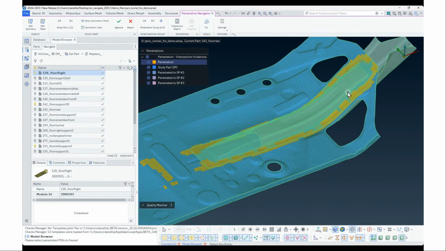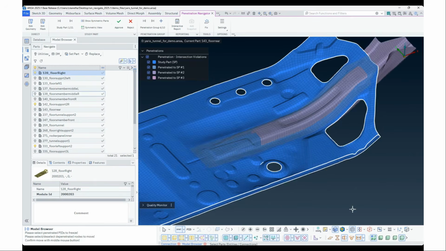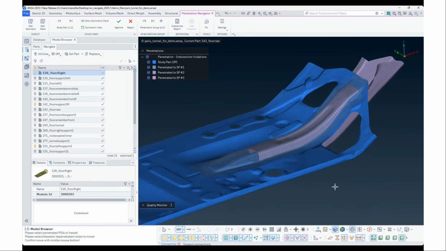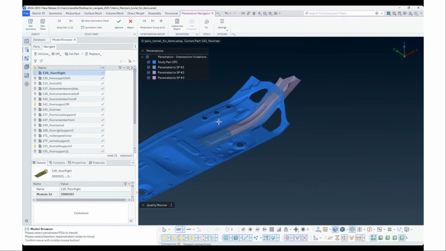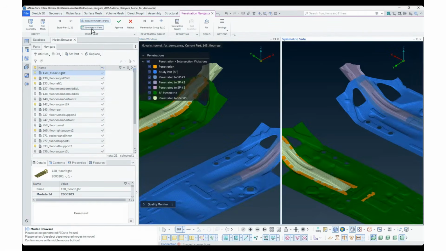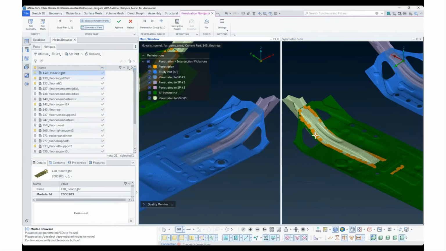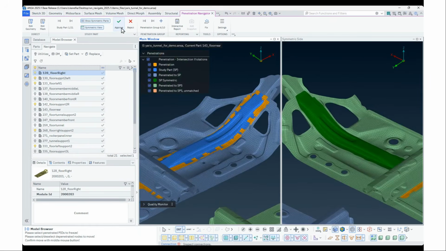Then I go to Fix and choose which part will be frozen and which ones will adjust. There are guidelines in the info window as well. It's important to make decisions based on the symmetric situation too. We want to be consistent and not fix one side while introducing errors on the symmetric side. If I want to work on the symmetric side, I find it in the model browser, set it as Study Part, and work accordingly. Once everything looks good, I approve the result, and I'm done.